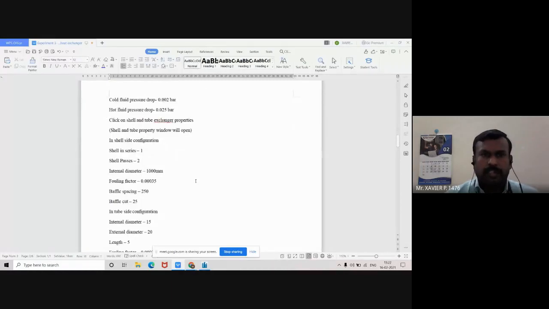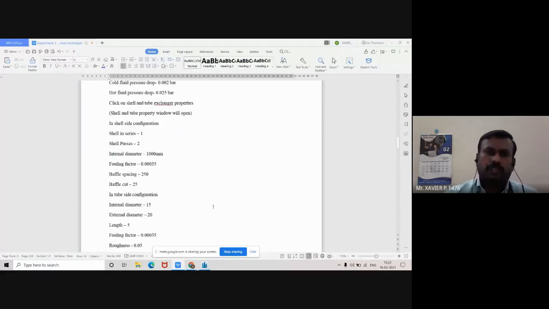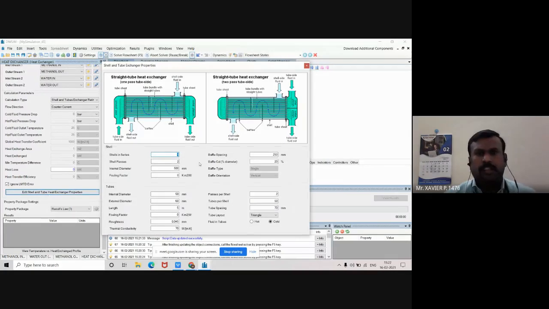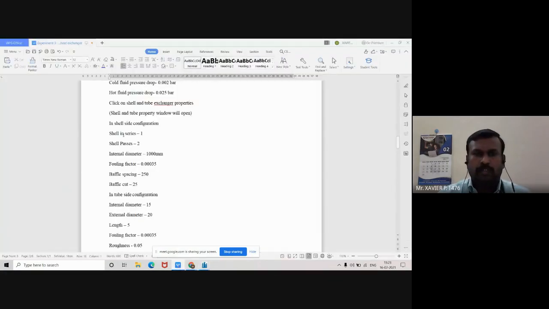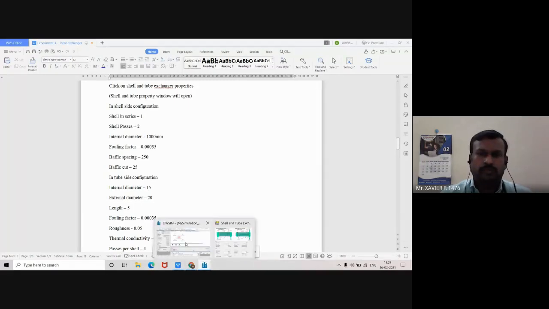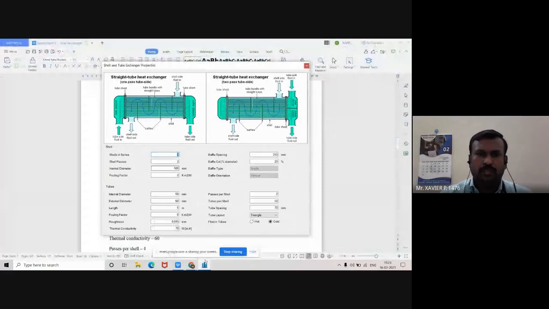The next step, click on shell and tube exchanger properties. If you click here, edit, you can see here. All of you see, I have clicked here, edit shell and tube heat exchanger properties. So these properties have to be modified now. So how are we going to modify? You can follow this. All of you do these steps. In shell side configuration, shells in series 1, shell passes 2. Then we have to do